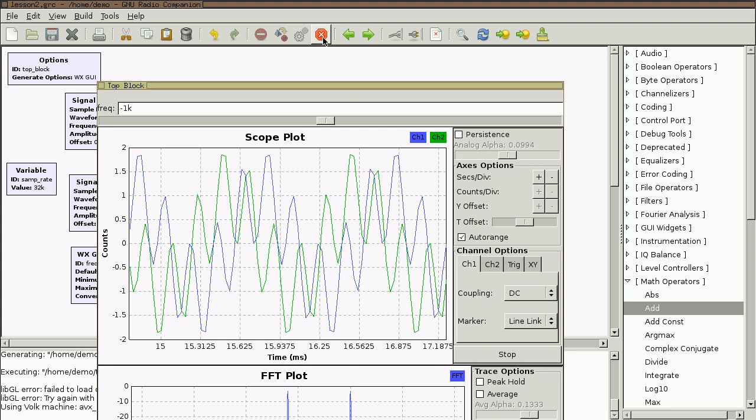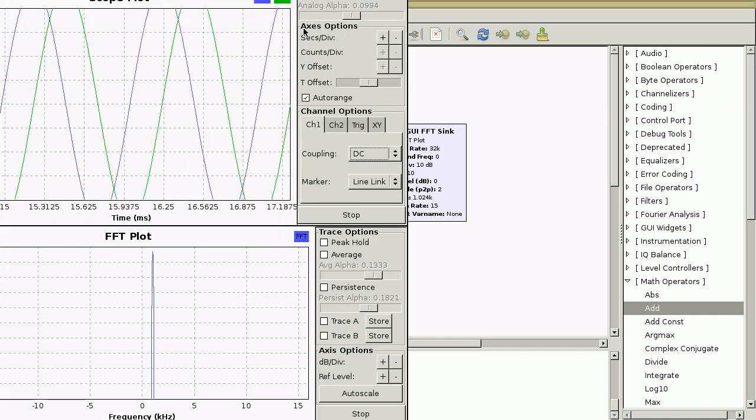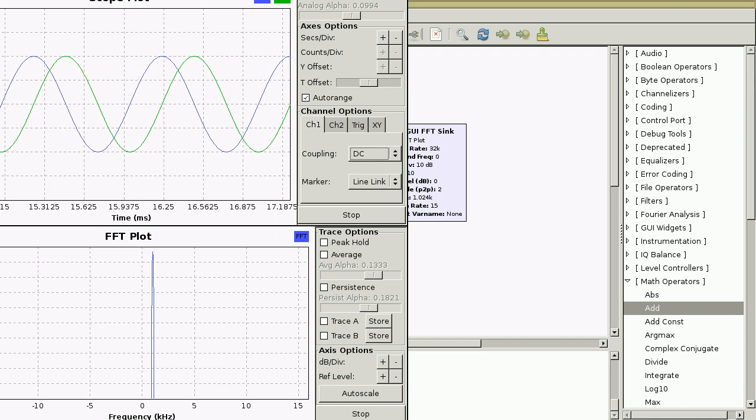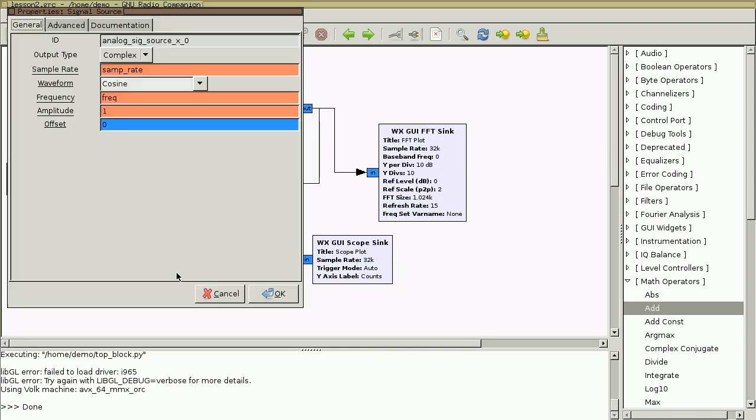So, one more thing I asked you to try, question 9, was try various waveforms instead of a cosine. Well, if I disable my additional wave here that I'm adding together, let's just look at what this looks like with a single cosine wave. And then we'll look at what it looks like if I try, let's say for example, a square wave. And notice you can select a bunch of different things. If I do a square wave